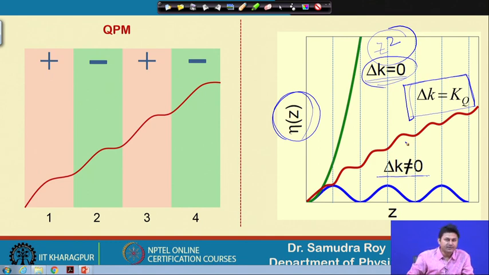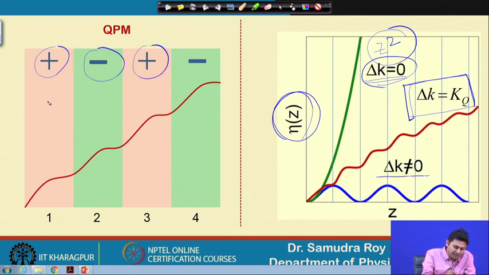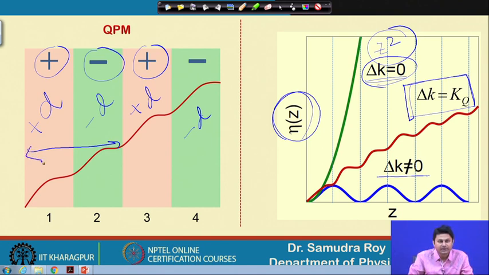This is the figure on the left hand side, where the plus minus sign designates the nonlinearity of the system. Here the nonlinearity d value is plus, here it is minus, here again it is plus, here it is minus, and so on, and we have a period here. So, this is the period. In one period we have the variable d going from plus to minus. Once we have this kind of structure, this minus d gives rise to additional phase, and this compensates delta k. That is the idea.